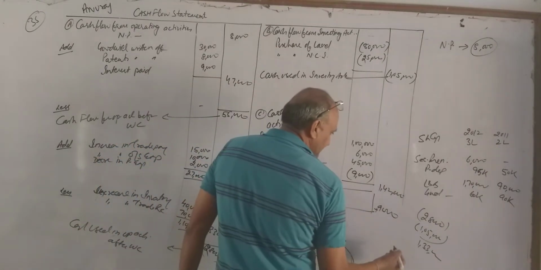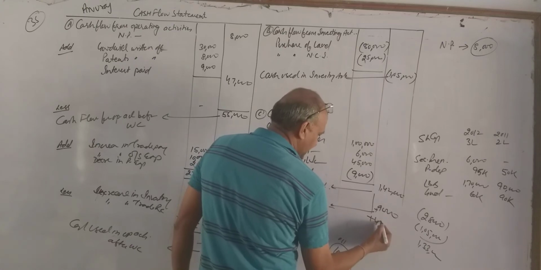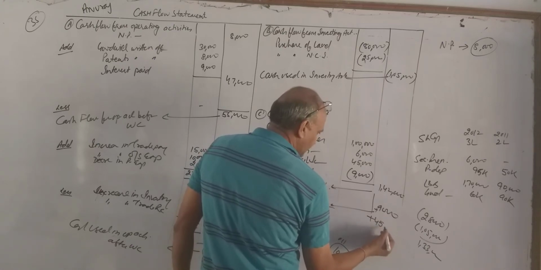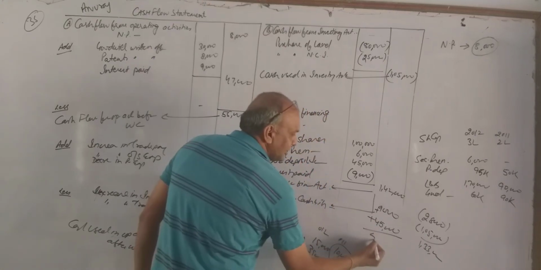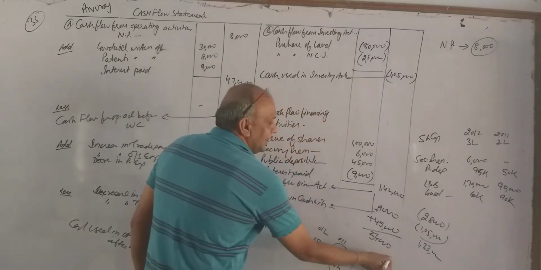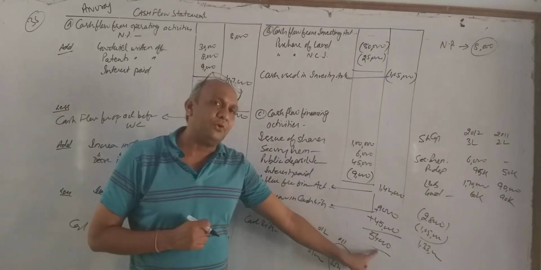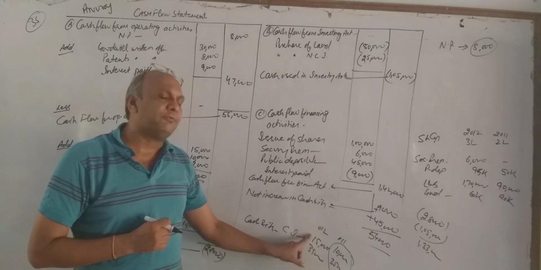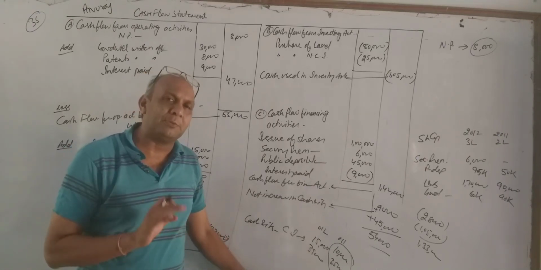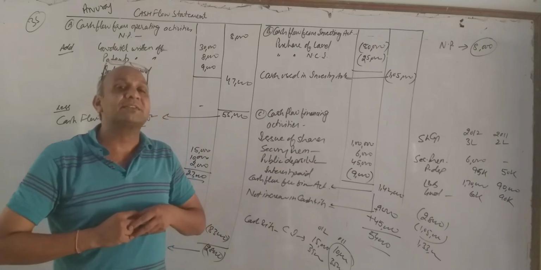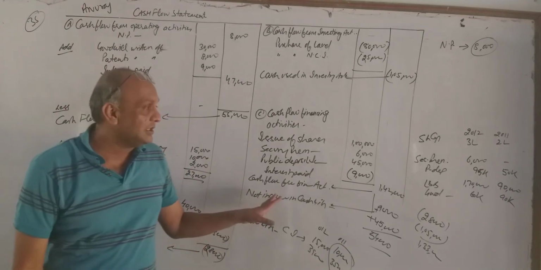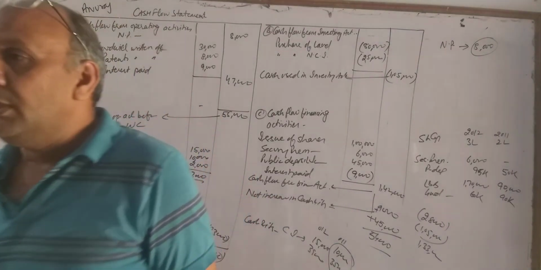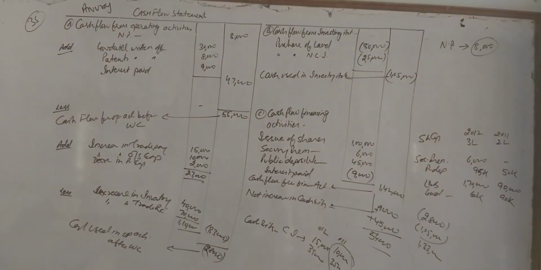So let us add 45 over here. So it total become 54. Now let us check this 54 is equal to closing item or not. 39, 5 plus 15, 54. It means our sum is right. हमारा sum ठीक है. So in this way we are going to attempt the full-fledged sum of cash flow statement. Thank you very much.